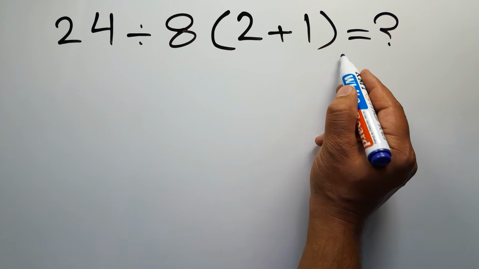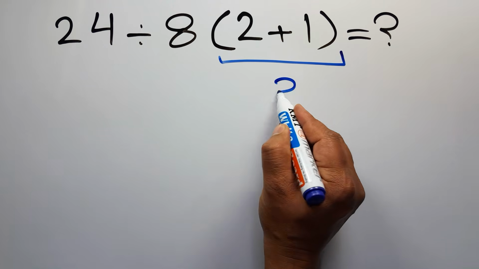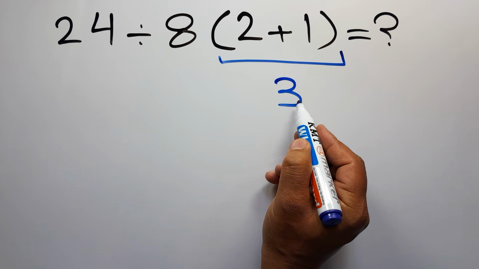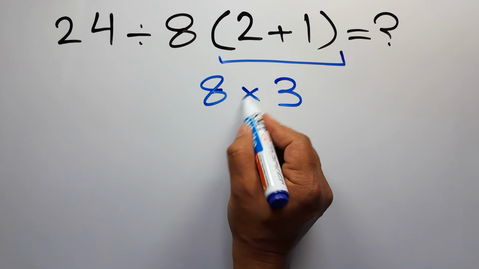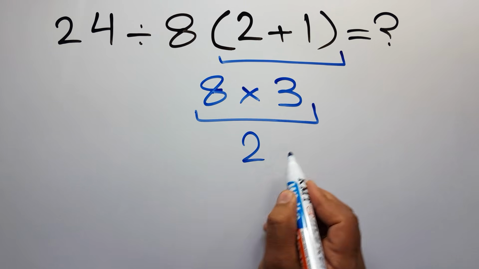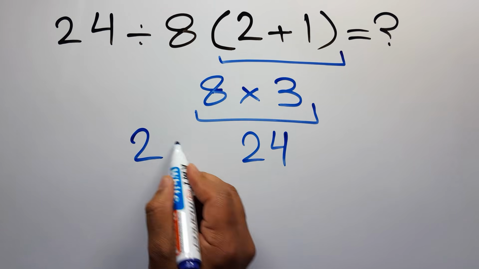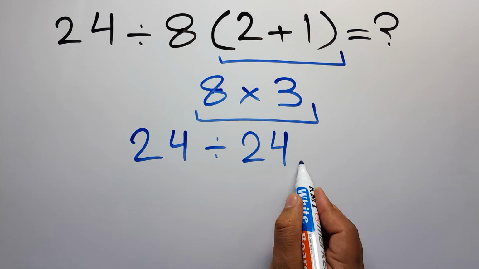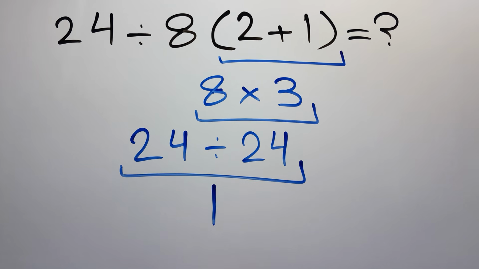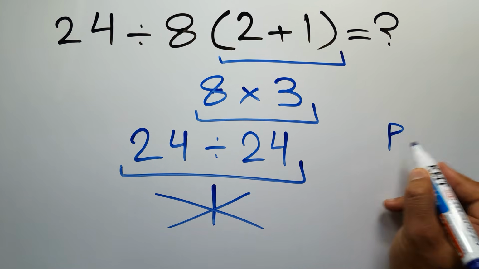2 plus 1 gives us 3. And 8 times 3 equals 24. So 24 divided by 24 is just 1. But this answer is not correct because according to the order of operations, which is PEMDAS,